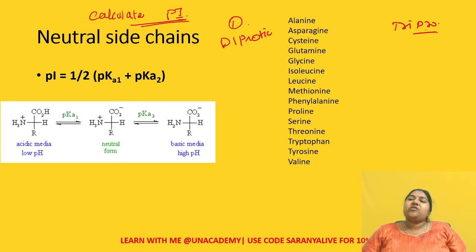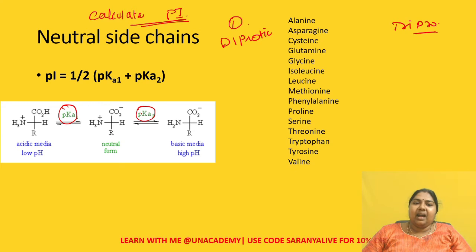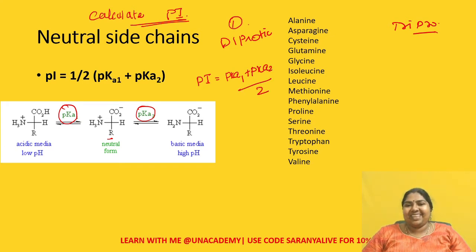First, the diprotic amino acids. If you take these, you have only 2 pKa, which means the R group is neutral and does not get into this calculation. Now, how can you calculate the Pi or net charge? It is nothing but the pKa of your amino group plus the pKa of your carboxylic group, divided by 2. That's all. Very, very direct. So you will definitely know this and do it very easily, and nobody will have any confusion on this point.